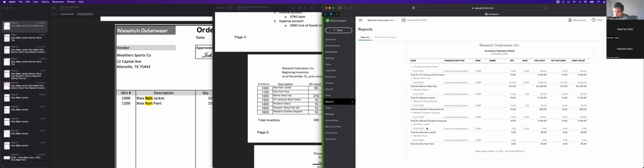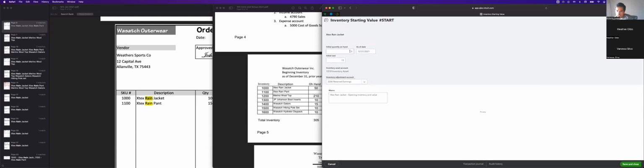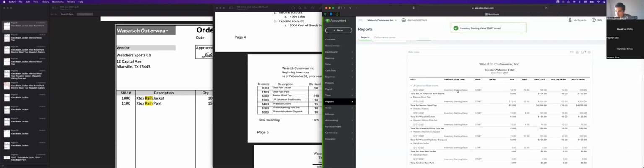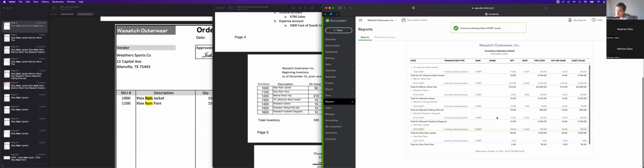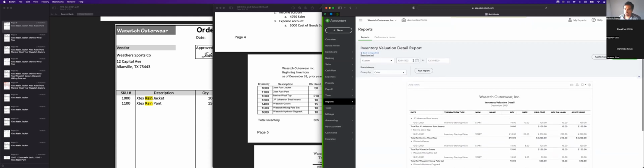And this looks different. But again, rain jacket, you have 0. Rain pants, you have 0, which is accurate, but the rain jackets should be 50. And we can change that for you, easy enough. We'll keep the retained earnings there. That still doesn't fix our issue